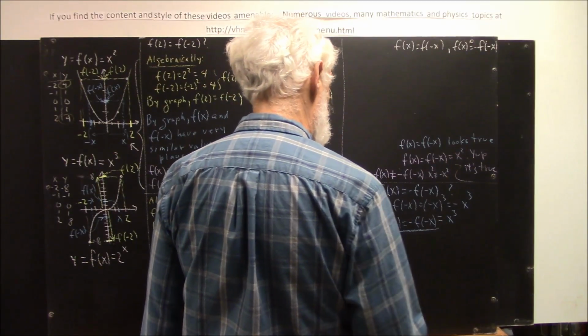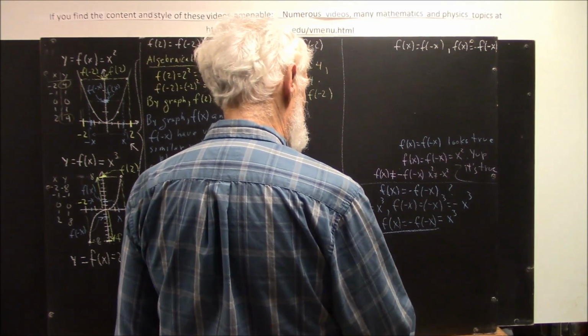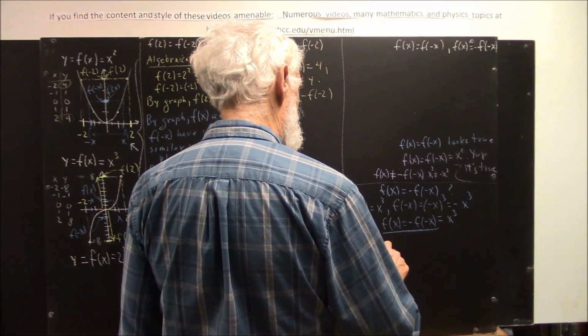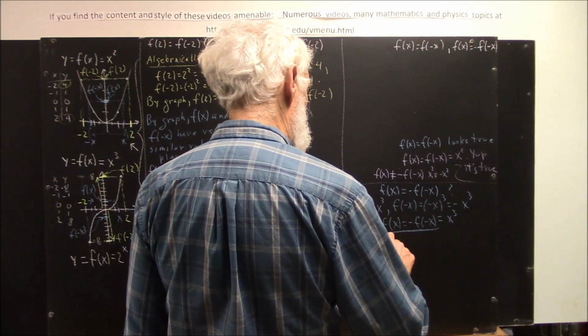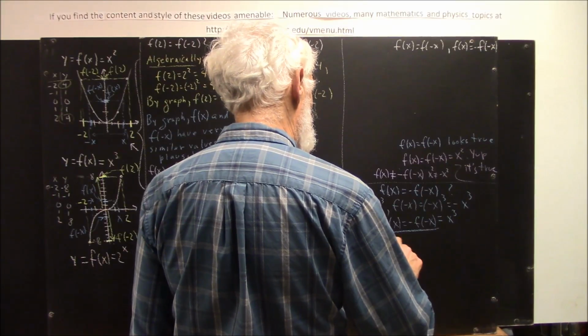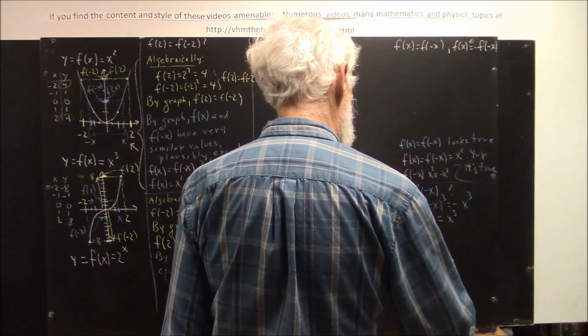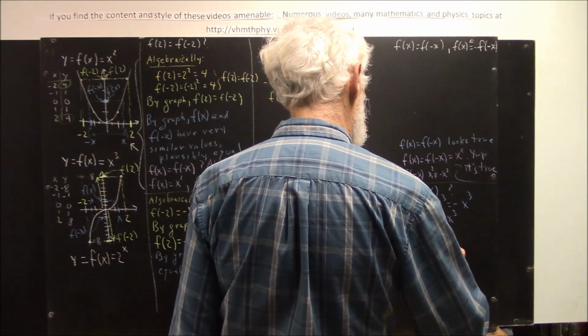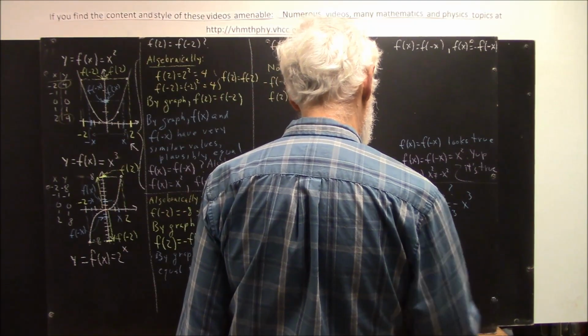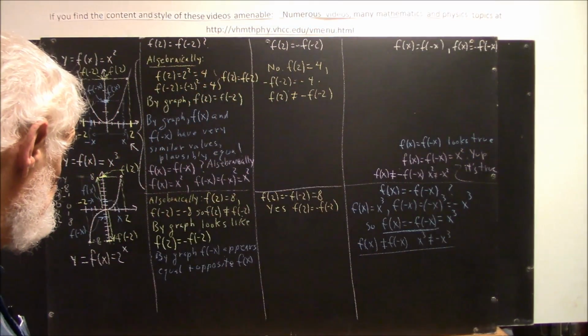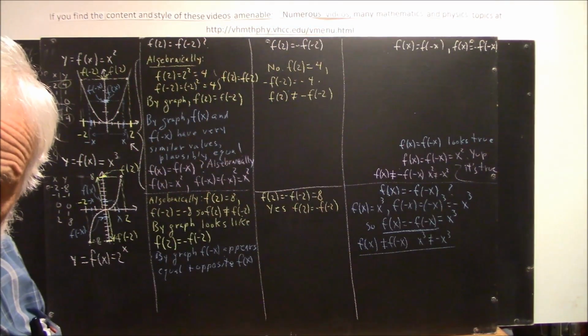We establish this, and also we note that f of x is not equal to f of negative x, since x cubed is not equal to negative x cubed. For completeness, we write this out. Now we'll briefly